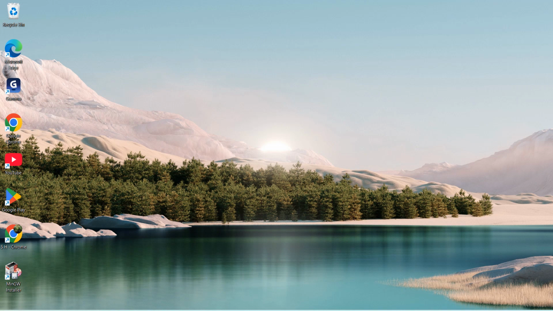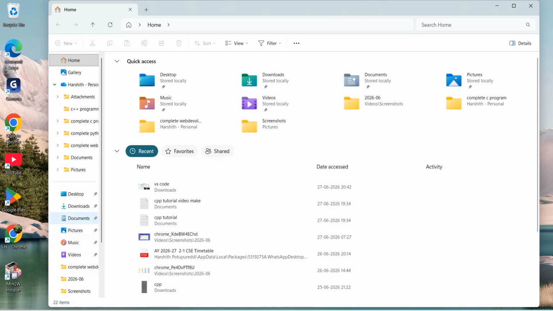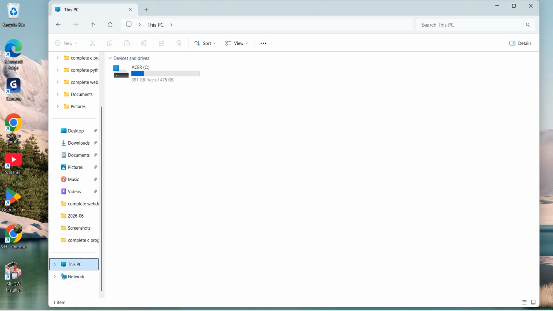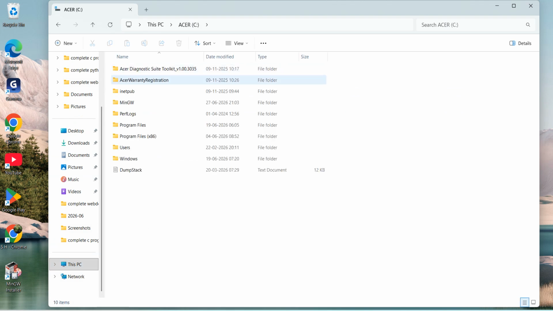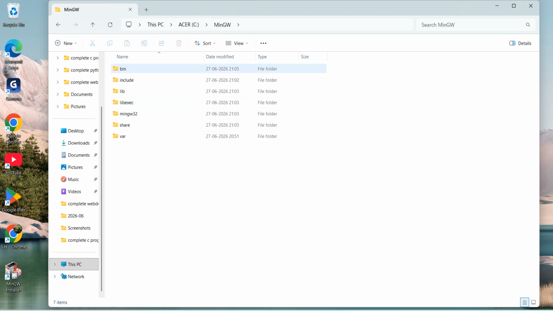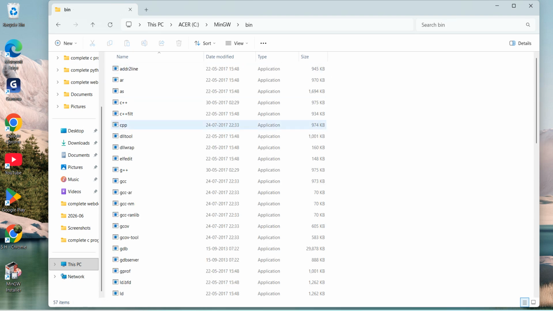Now we have to set up our environment. Before that, first enter into the file explorer. In that file explorer, go into This PC. In This PC, go over here, double click on it. You can find the MinGW here, double click on it. Here the first option, bin is there, no? Double click on it. Here you can see this is the way to reach over here. This path we have to copy and paste in the